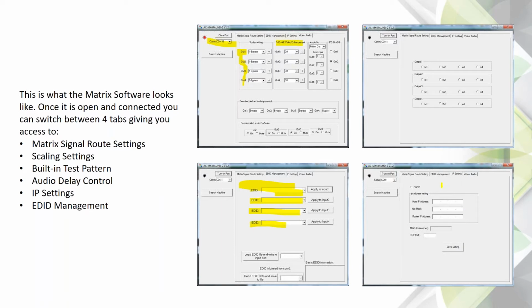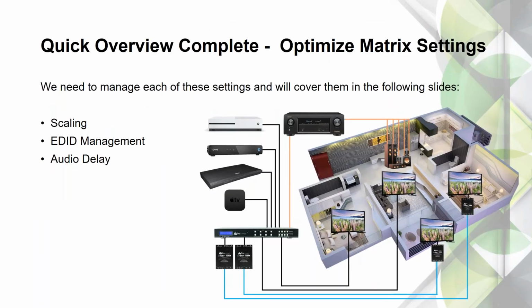You have EDID settings down here, so you can pull in EDIDs, manage EDIDs, and then you have your full setup screen over here. So 232, IR, direct control, free program for 232, and just use the IP address for